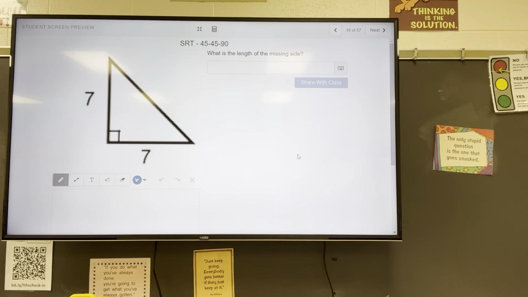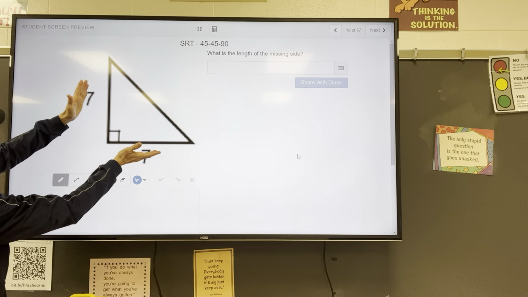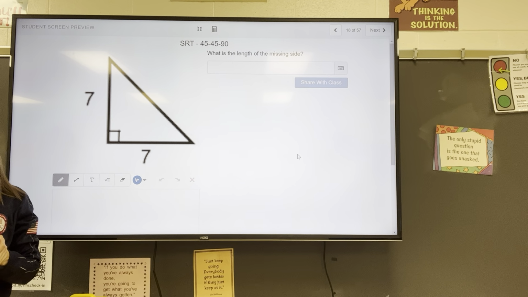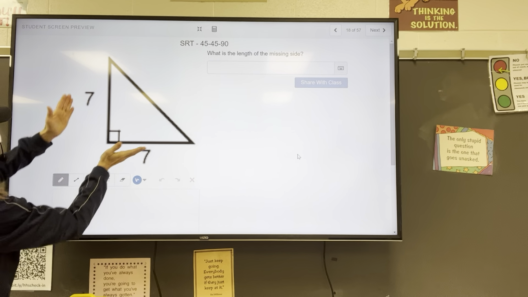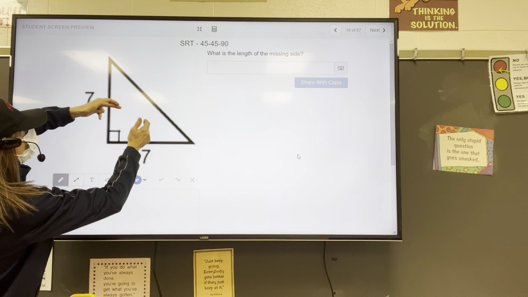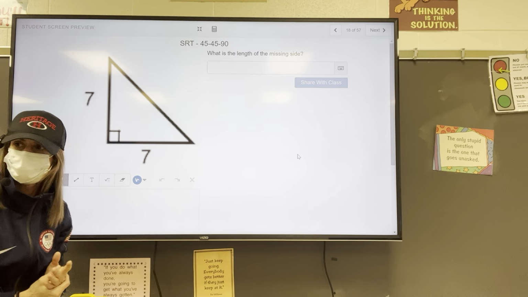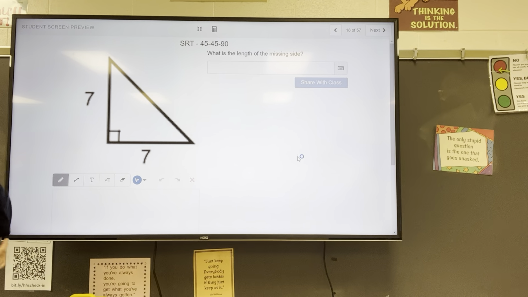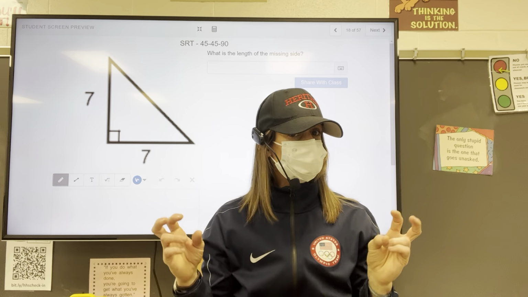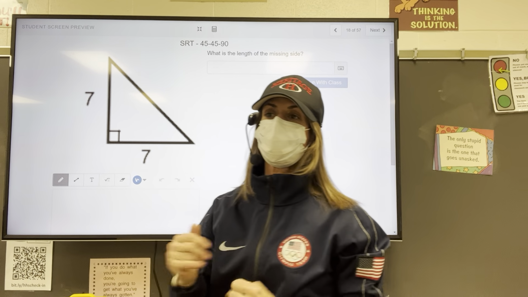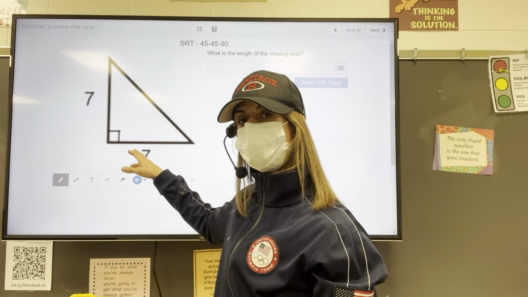Okay, so here we are given a right triangle. We are given the lengths of these two legs are both 7, which makes these angles both 45 degrees, because if these lengths are the same, the angles opposite them are also the same, which makes them each 45. Are you with me? Okay, so now that we know it's a 45, 45, 90 triangle, if we know the shortcut, because it's special, we know the hypotenuse is just 7 times the square root of 2. Done. If we use the Pythagorean Theorem, which I'm going to show you now,